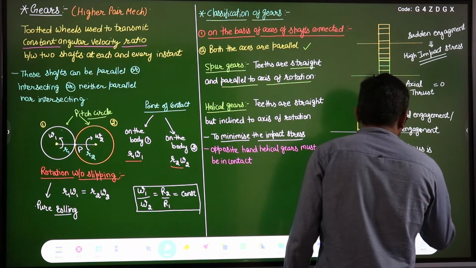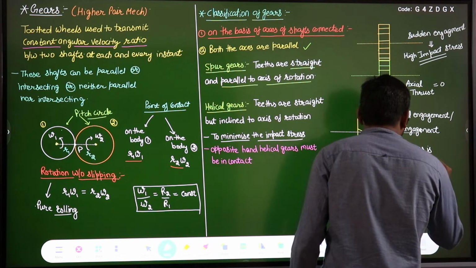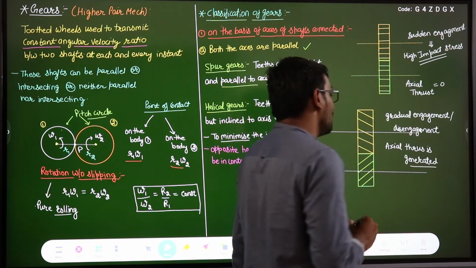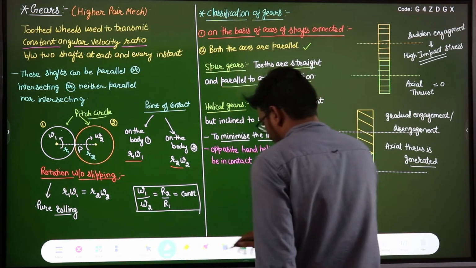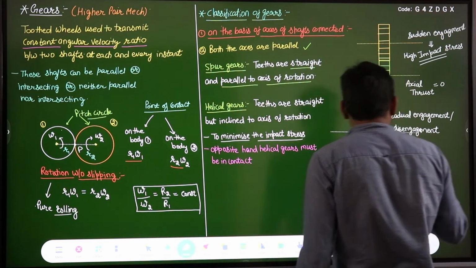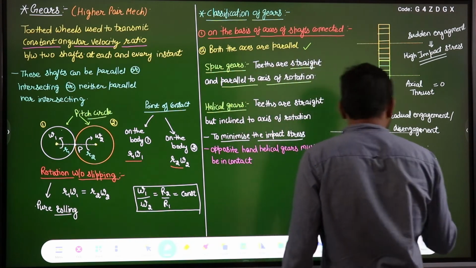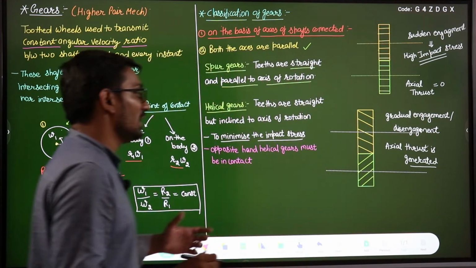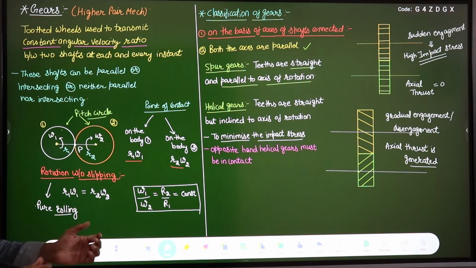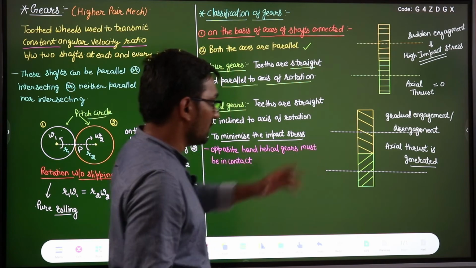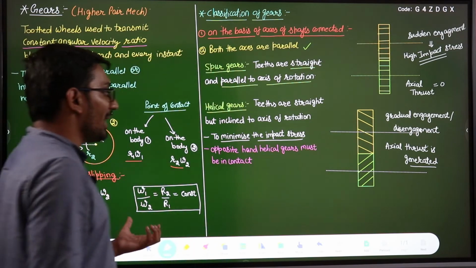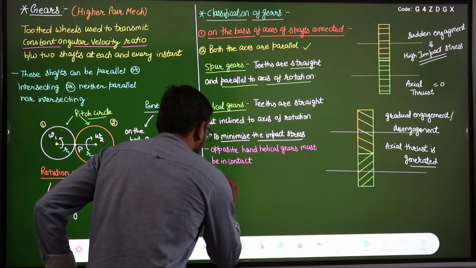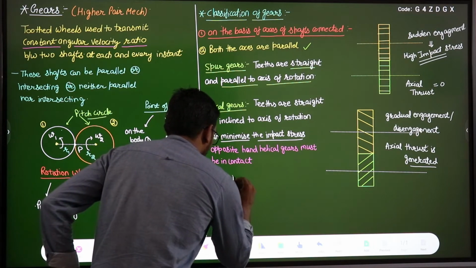Now this axial thrust will come, and we want this axial thrust to be as low or as small as possible. Why? Because this axial thrust will affect the life of the bearing which will be holding the shaft, right? So to minimize this axial thrust,